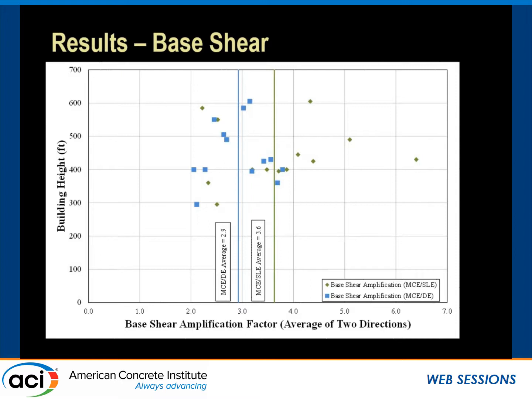What is kind of surprising, and what's important to point out, is the spread. If you look at DE, the spread here is much tighter than the SLE spread. In fact, if you do plus or minus 1 standard deviation on the MCE divided by DE results, it goes from 2.3 to 3.5. So that's a pretty tight band. Whereas for MCE divided by SLE, it goes from 2.4 to 4.8. So the spread, just plus or minus 1 standard deviation for SLE, is twice what it is for DE.